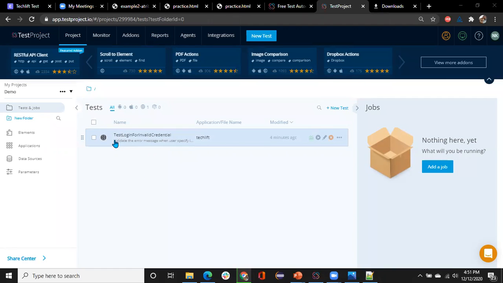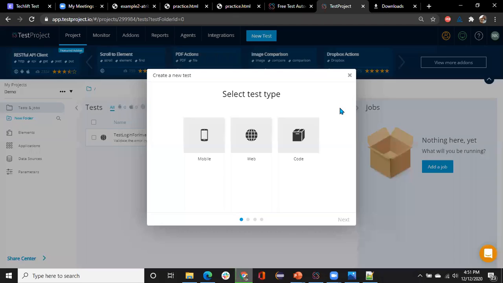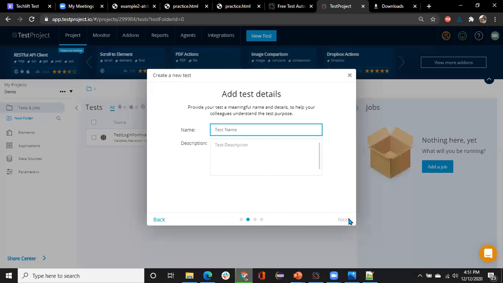So how to make another test case? Clicking on the new test, you have to select, okay, web test case I want to make. My test case name this time, we will try the same steps again, but this time we want to make it fail, right? Let's try. So here I'm writing the test case name is again test login